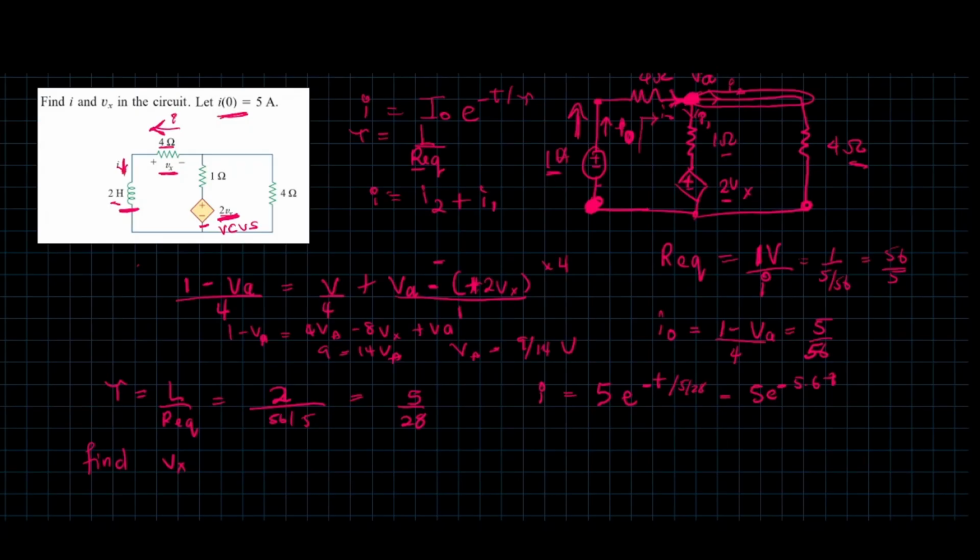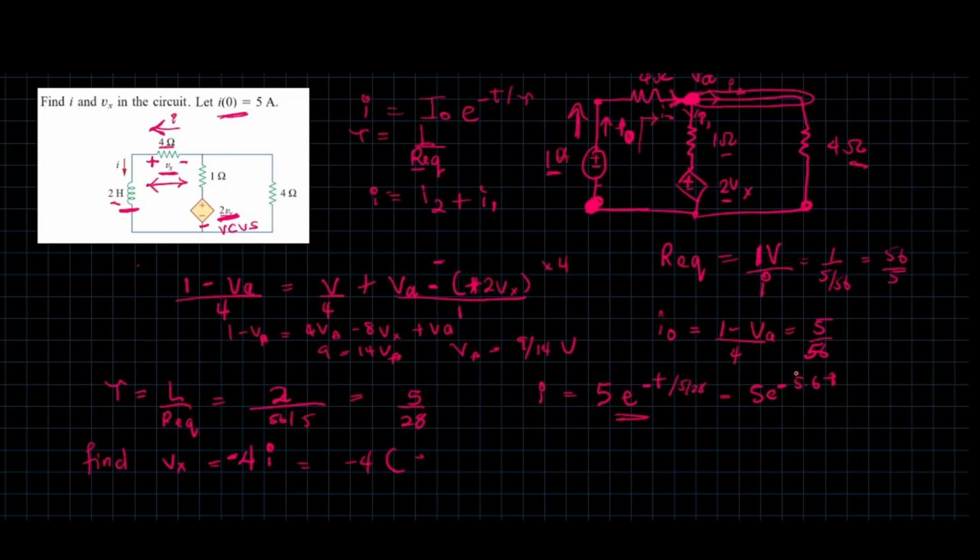So Vx should simply be equal to 4 times I. It is going to be negative, because look at the sign of the voltage drop on this resistor going from here to here, which means the current is supposed to be moving in this direction, but this particular I is moving in the opposite direction, so it has to be negated at this point. It's actually this I that is being negated because it's moving in the opposite direction than what we actually want. So it's going to be minus 4 times